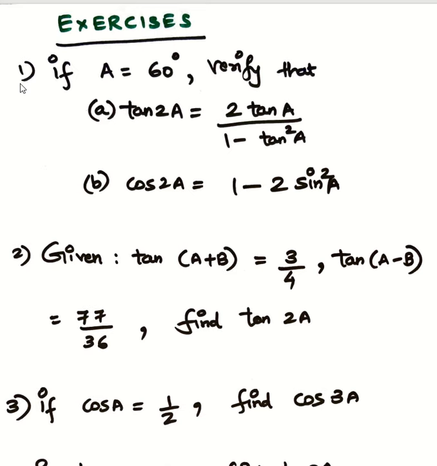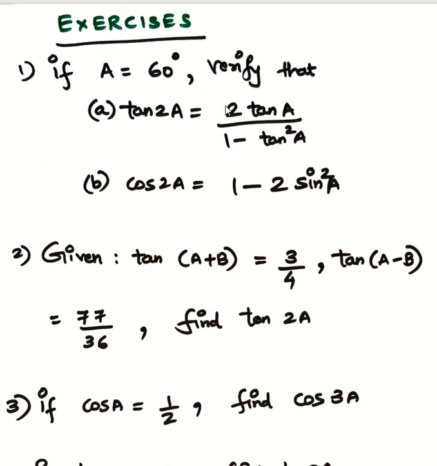So first question, if A is equal to 60 degree, then verify that tan of 2A is equal to 2 tan A upon 1 minus tan square A. So basically what you have to do here is, left hand side is tan 2A. So that you have to solve separately. Angle A is 60 degree, so tan of 2 into 60. What is tan of 2 into 60? Tan of 120 degree. Now tan of 120 degree, how to find? Like tan of 2 into 90 degree minus 60 degree, that kind of concept, that even method and everything. And you will get one answer for left hand side.